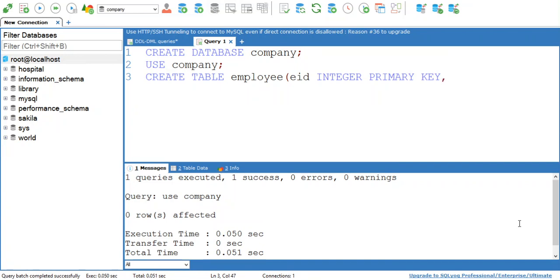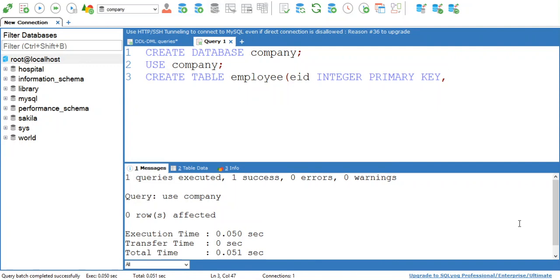Remember, whenever you want to apply any constraint at the time of table creation, you first write down the name of your attribute, and after the attribute name and data type, you specify the name of the constraint that you want to apply for that attribute. Here I want to apply primary key for employee ID, so I have written employee ID, then the data type of employee ID, that is integer, and then primary key, which is the name of the constraint. So this is the way you can specify a constraint at the time of table creation.